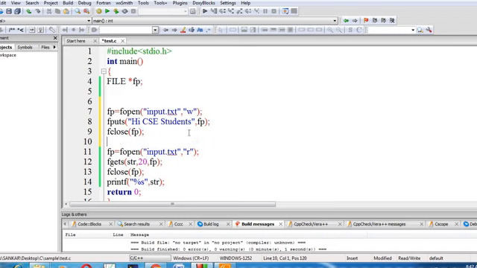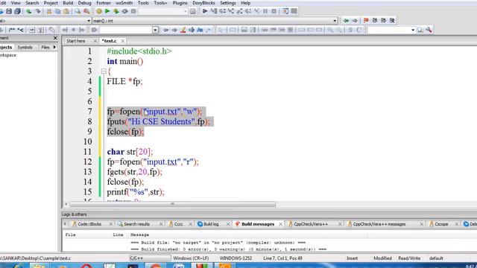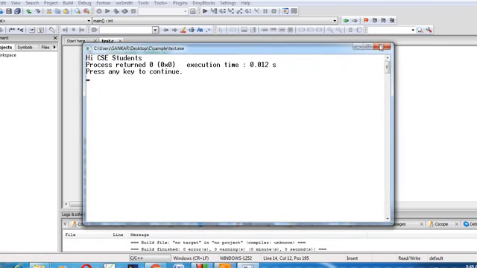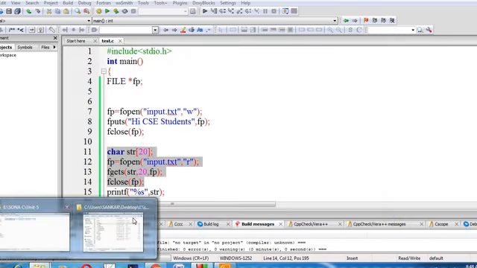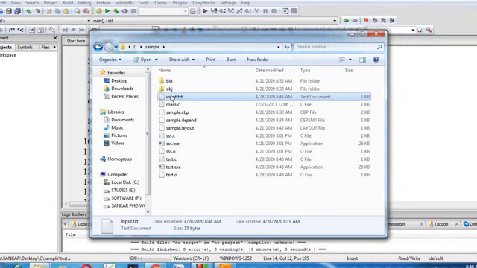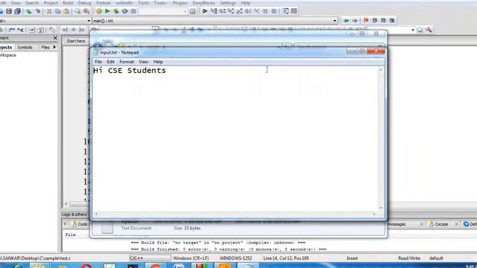Okay. So here we can create another one. Yeah, this is where I created a file pointer. Now with the help of fputs, I write the line of string into the file input.txt. Then after that, the same content, the first line, we have to get and display to the user. Hi CSC students. Now you go and see that. The input is changed to hi CSC students.